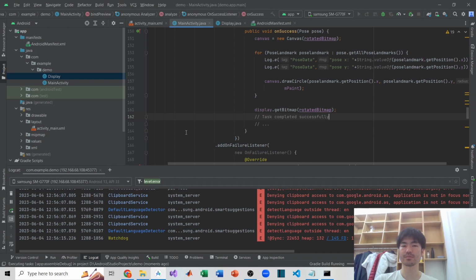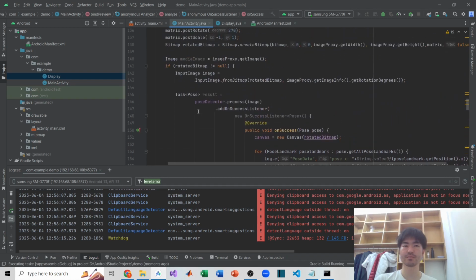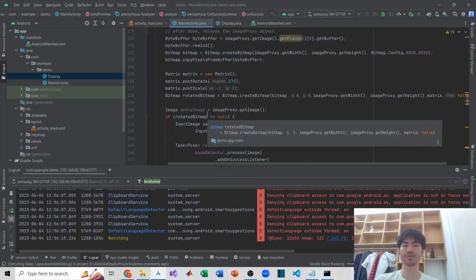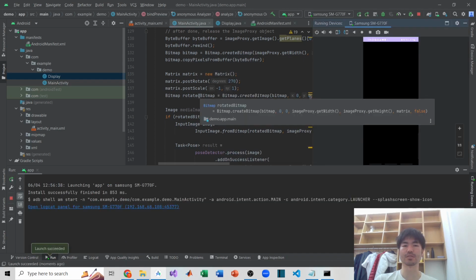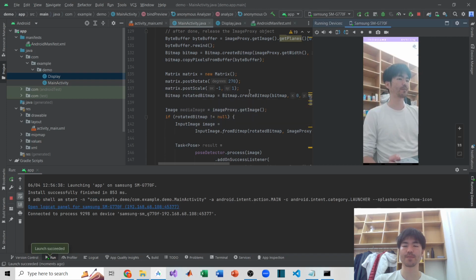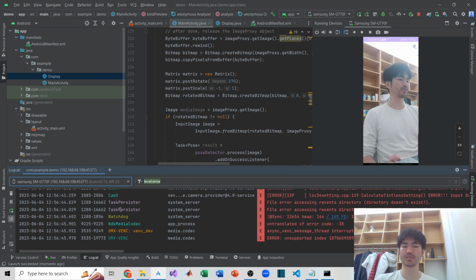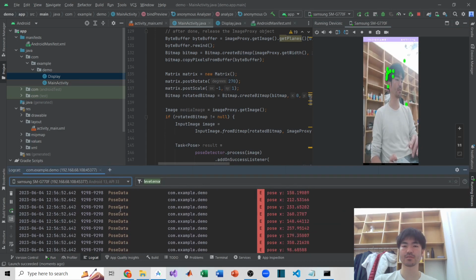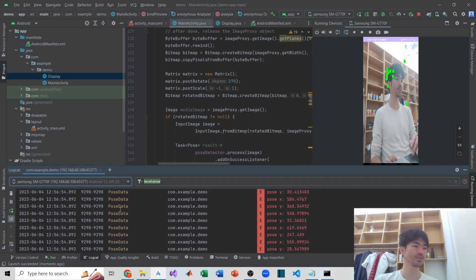Let's see. Also, if you want to optimize, maybe you have to recycle the first bitmap, and after the processing you can recycle this bitmap too. Right, so as you can imagine, it takes time to initialize. Okay, right now it has time delay,